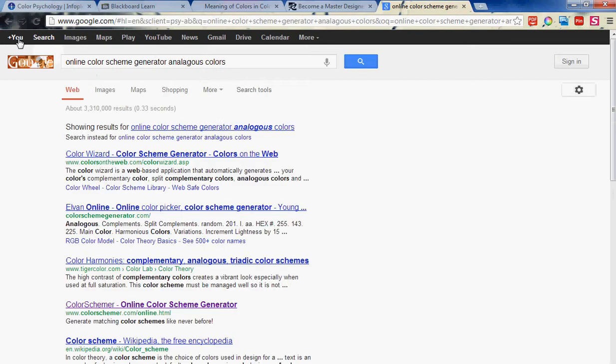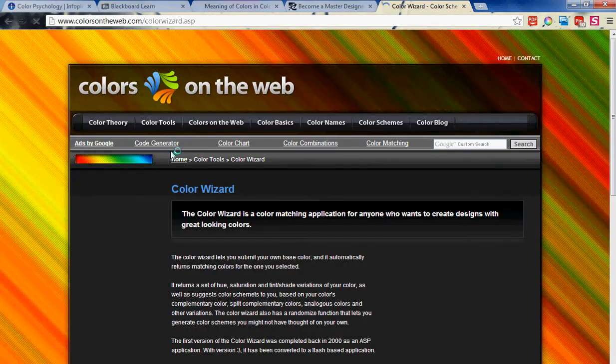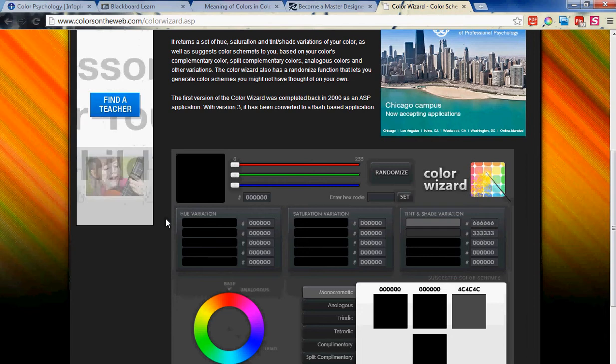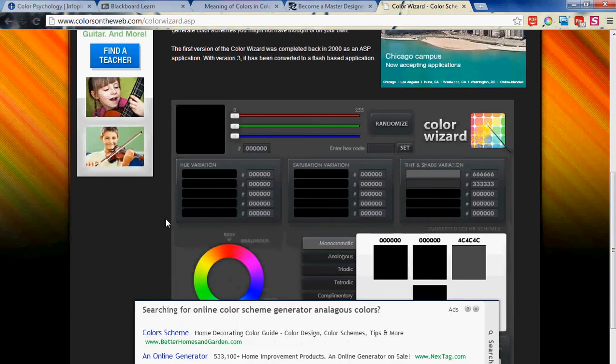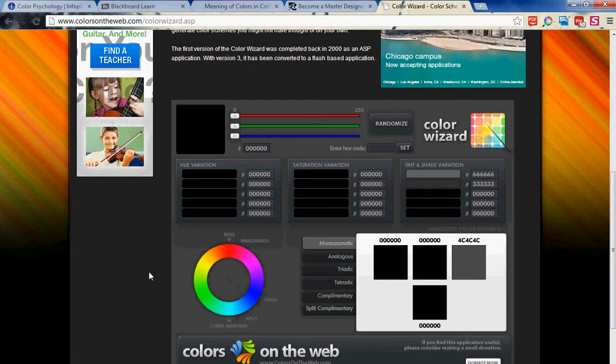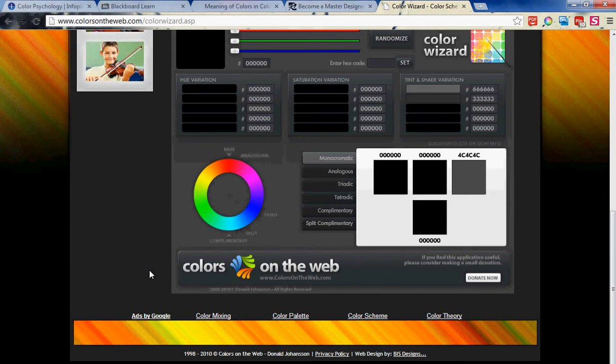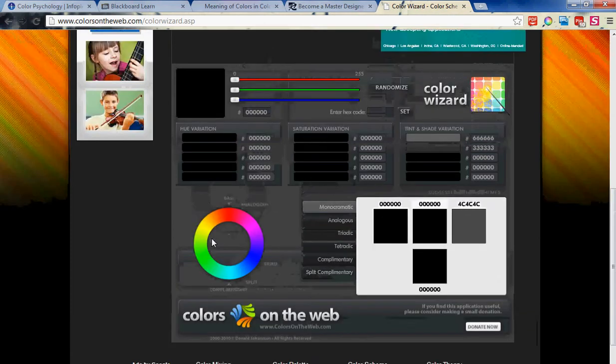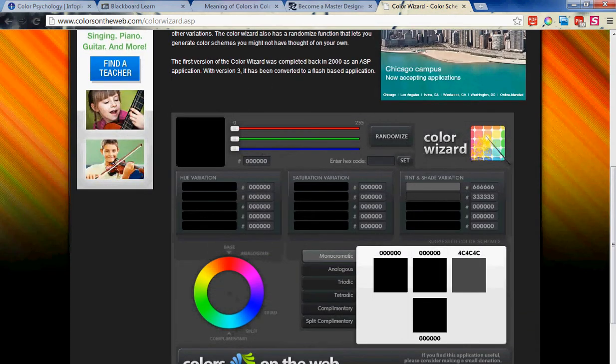I don't know if I spelled analogous right. How does that work? Color wizard. I really don't like it. So let's see. This might work. This is perfect. I see analogous on there. I'm going back to Publisher for a moment,